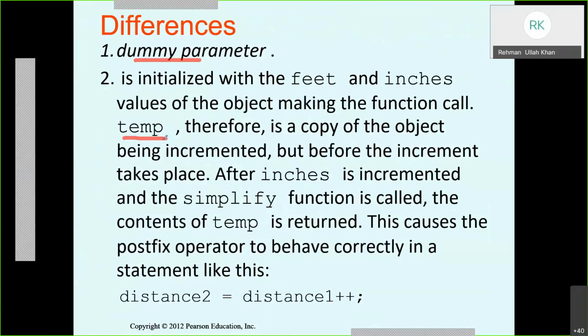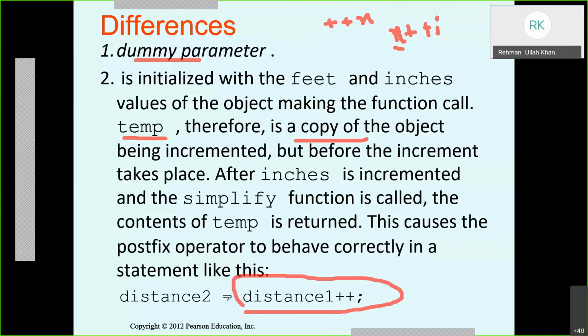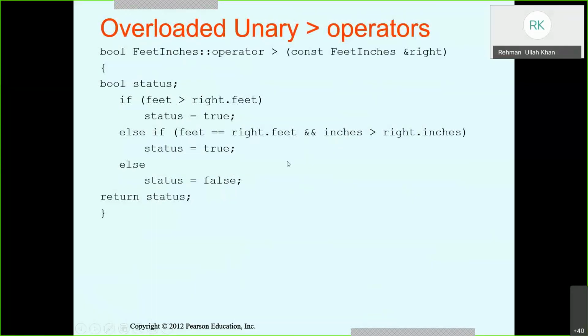In the pre version, like plus plus x, there was no temp variable, but in the post one, like x plus plus, we are creating an extra temp object. Whatever is incremented is copied to the same variable, and then the temp is returned. When there is a returning process, we can use it in an assignment operator.